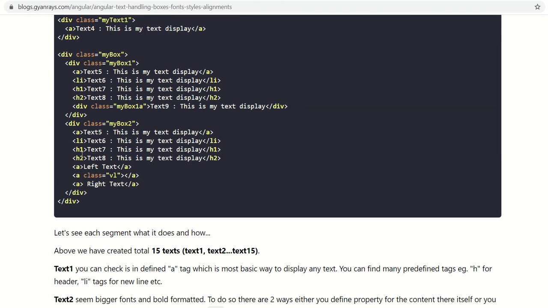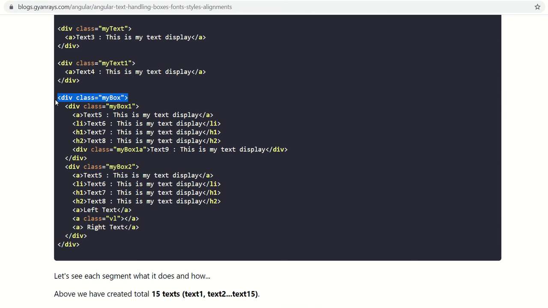Here we are going to display boxes. How are we going to display the boxes? Well, there is no separate coding format provided by HTML or used by Angular to create a box. It is very simple and obvious to use the div. If you write a div command and close it with the div command, then you can set the properties of a div. I am showing you how it is possible.